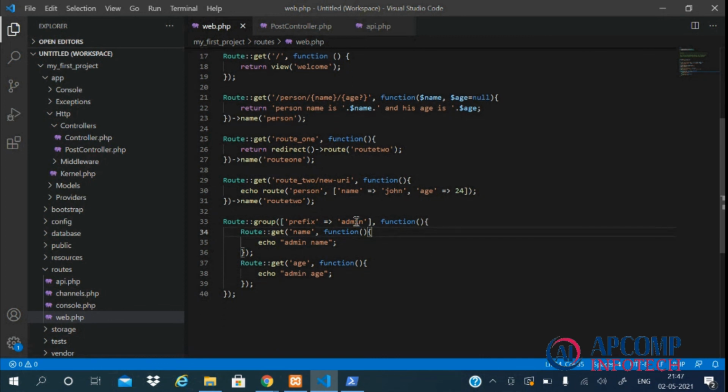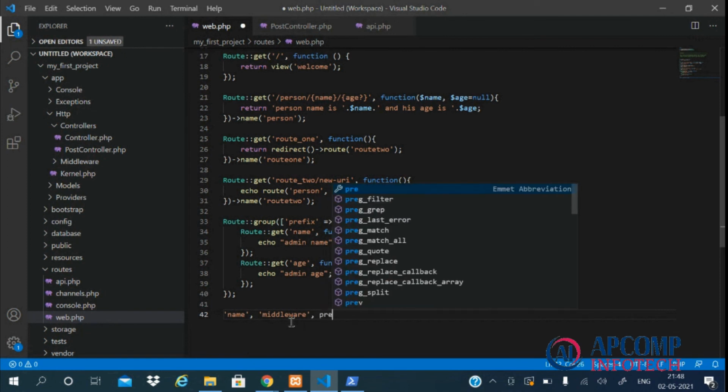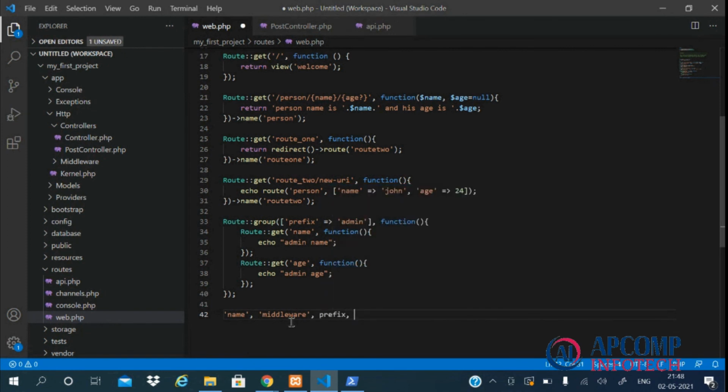So this admin will be prefixed before the route provided within this group. So like this we group the routes, and we can group the routes based on various properties such as name, middleware, prefix, namespace, etc.